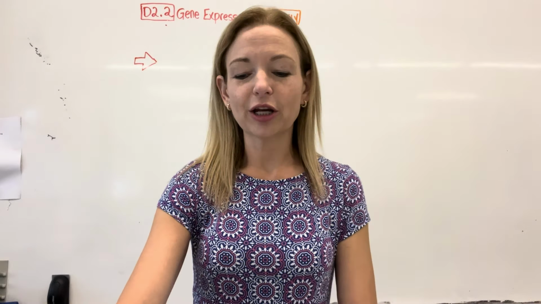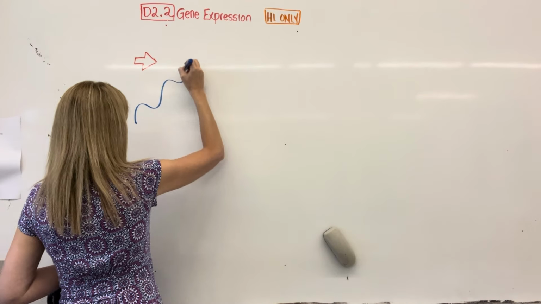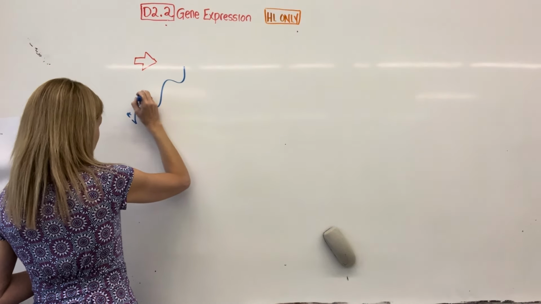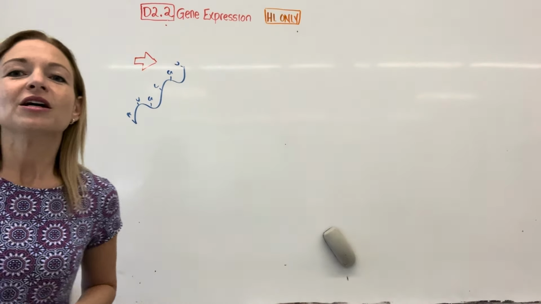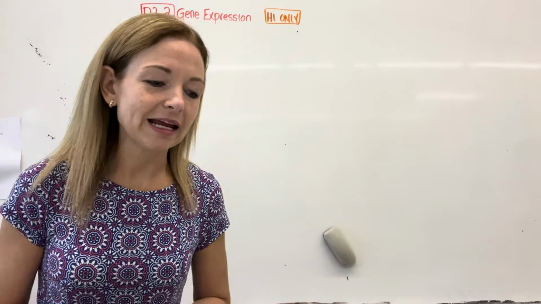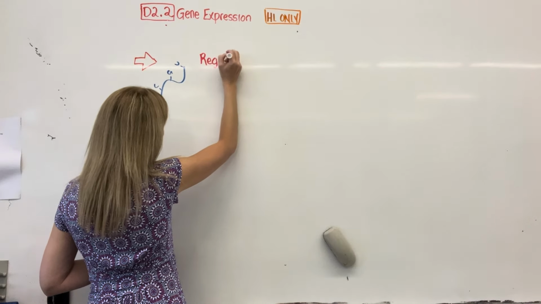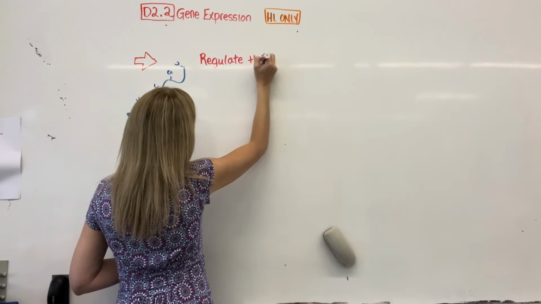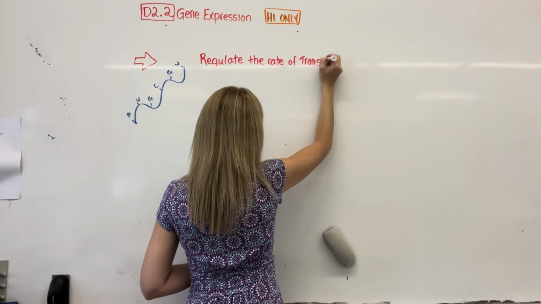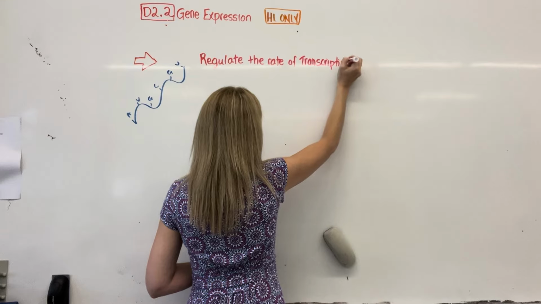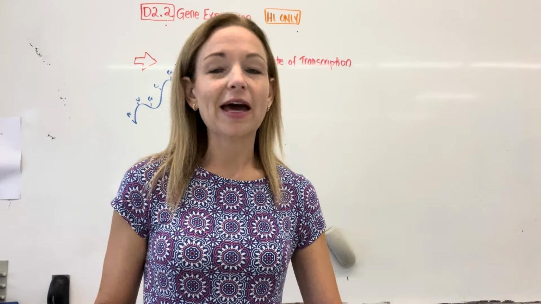Okay, so the next thing we're going to do is we're going to regulate at the mRNA level. So last time I drew a DNA, so now I'm going to draw a little mRNA here, and I know it is mRNA because I have some U's on it. So next step is that we can regulate the rate of transcription. So these are genes that have remained on. And so what we are regulating is when and how much are they transcribed. So we're regulating when that occurs.